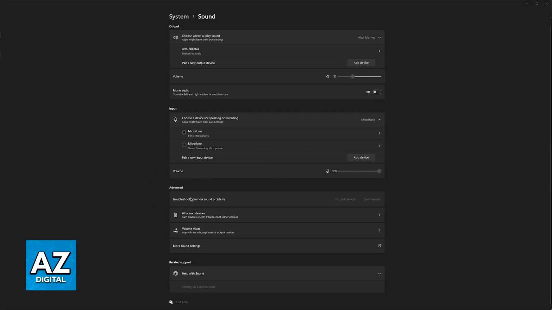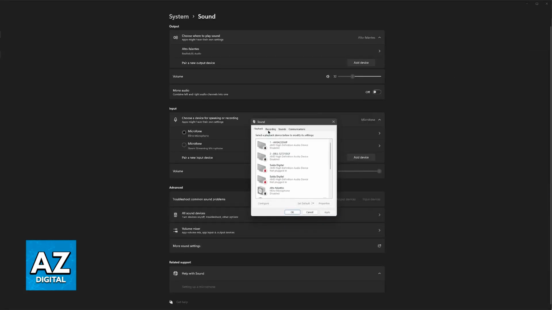If you don't see it here, don't worry, it's a very common issue. All that you have to do is go over to Advanced and then click More Sound Settings. This is going to open the playback and recording devices. In here, if you cannot find the Blue Yeti mic, right-click anywhere and then Show Disabled Devices and Show Disconnected Devices. Once you do this, every single recording device connected to your PC is going to appear. Find the Blue Yeti mic, right-click it, make sure you enable the microphone if necessary, and most importantly, that you set it as the default device.